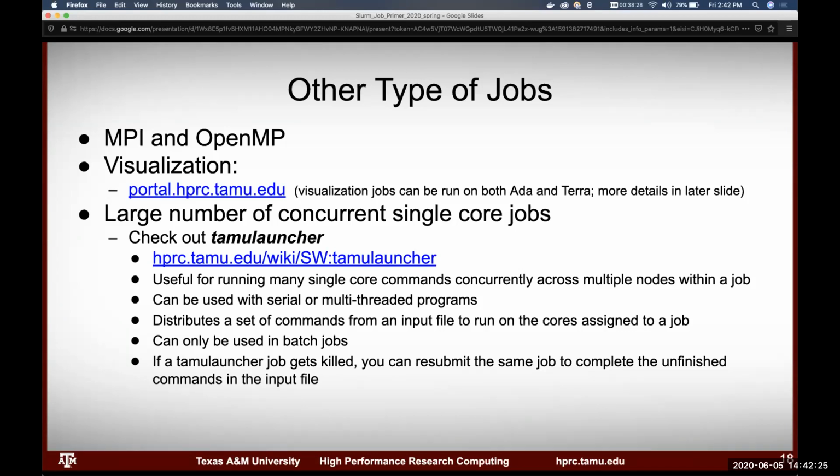The portal is a web-based access. If you're doing visualization, I would highly recommend using the portal because it's a very clean way to access visualization jobs. If you're making or wanting to submit a large number of concurrent single core jobs, you could use Tamu Launcher. Tamu Launcher is a wrapper script written by one of the staff members. You can find a whole lot of information about it on our wiki, hprc.tamu.edu/wiki, which I plug like every primer I do